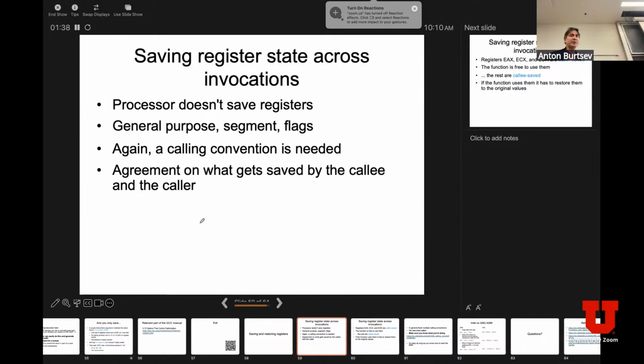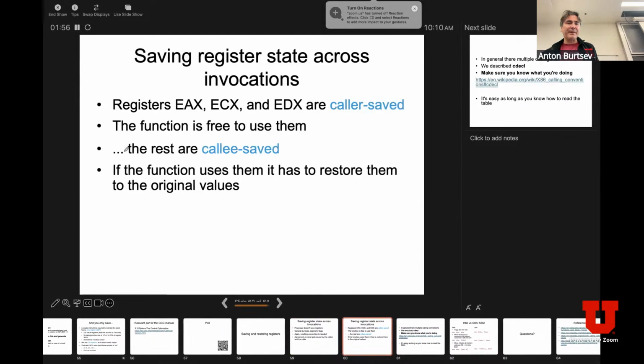First of all, we have to understand that when you do a function call, as is clear from everything I said, the processor doesn't do anything. It doesn't save any registers. Whatever was in the registers stays in the registers. If you override them, the values disappear. And so essentially, they said, okay,